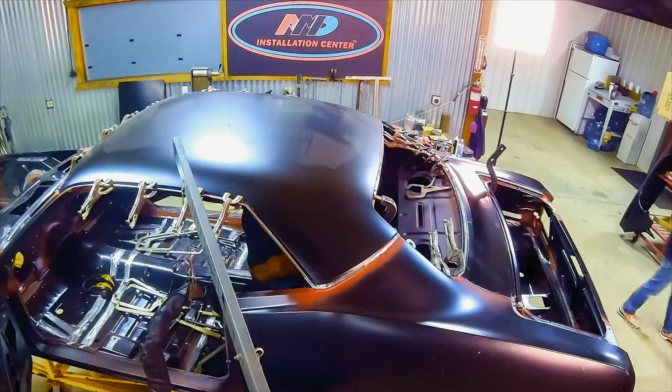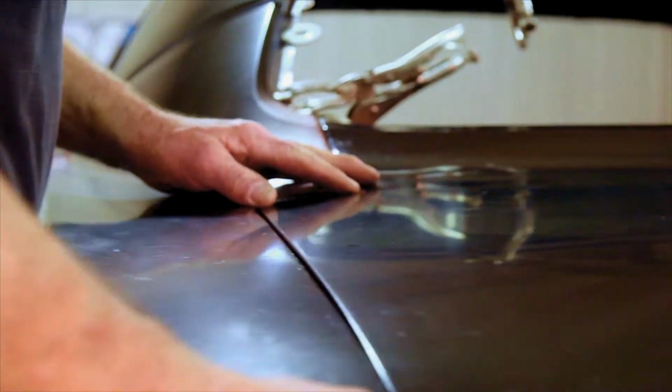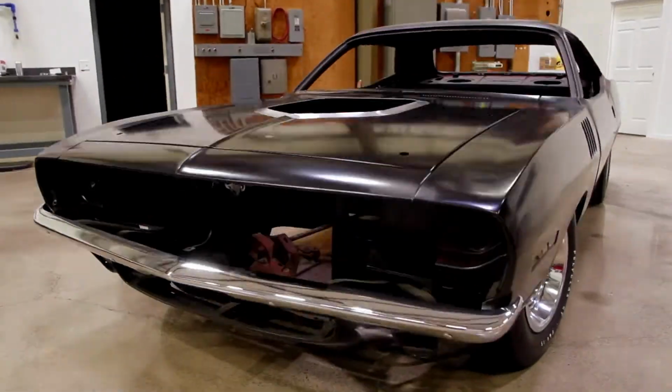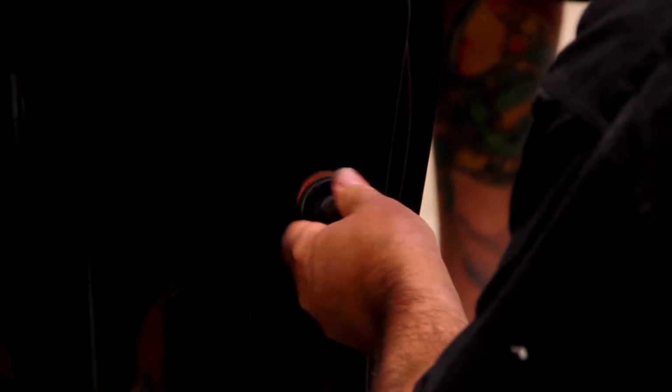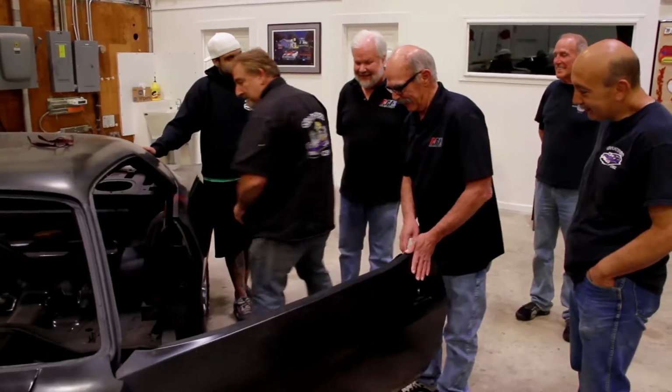There was a bit where Craig had showed me the striker for the driver's door jamb. When we sent the car out and had it dipped, that striker was in place, so the paint underneath it didn't get stripped off. He used that original door opening, that original jamb and rocker. When it came back, he was able to pull that striker out and show me the original footprint of the paint, and that it was setting on the original footprint of the paint, and the door opened and closed